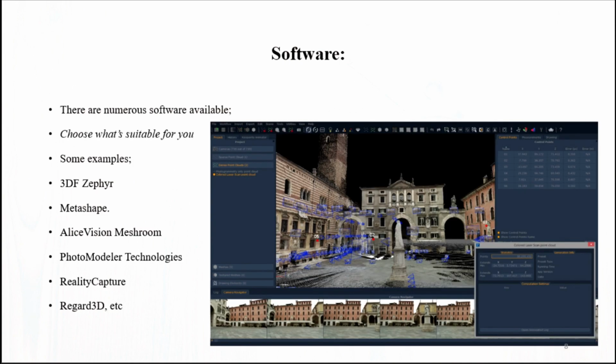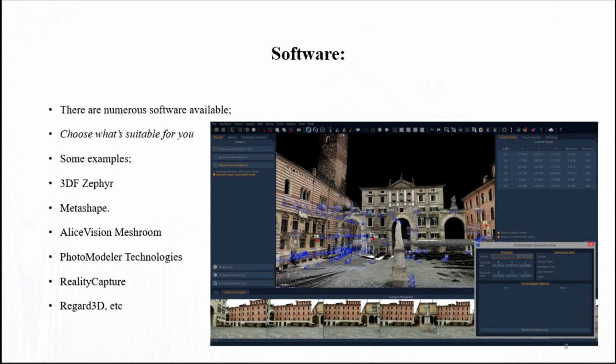Now talking about software, there are numerous software available with different payment options or plans. You can have access to some of them as free versions, and you can also have some that are open source. So you choose what's suitable for you and your work. Some examples of photogrammetry software in the market include